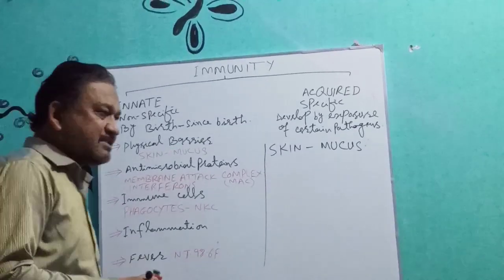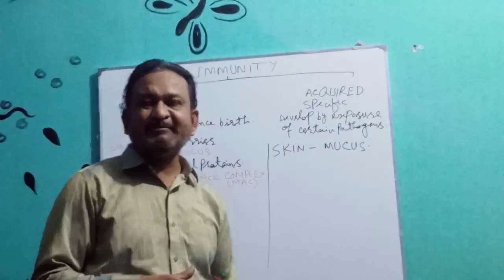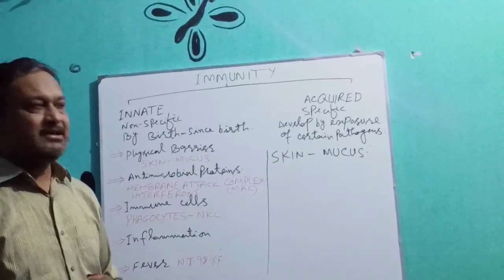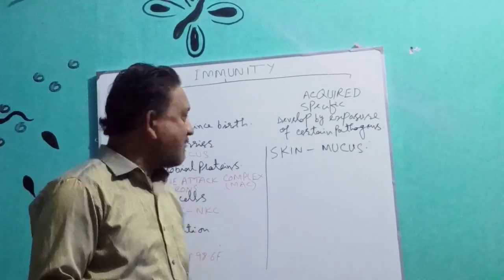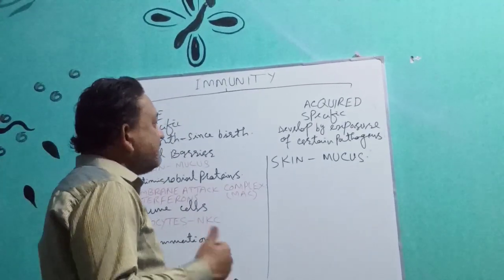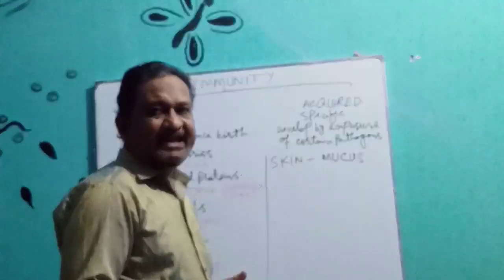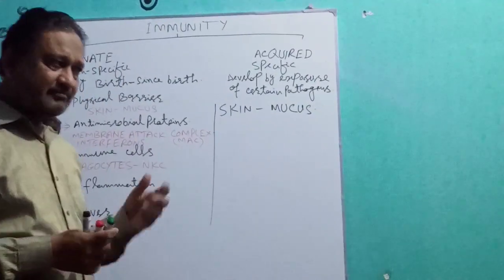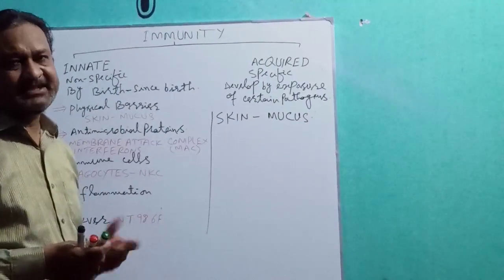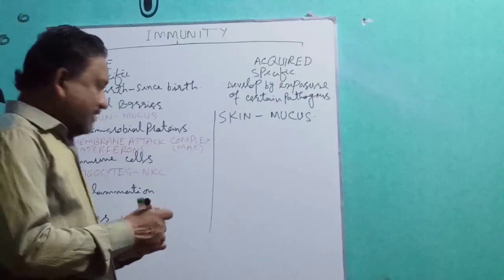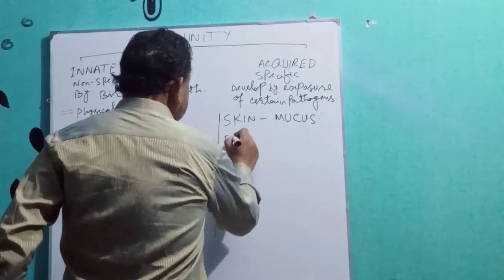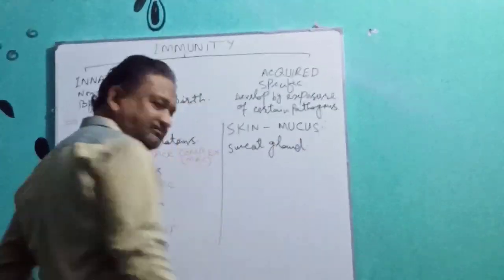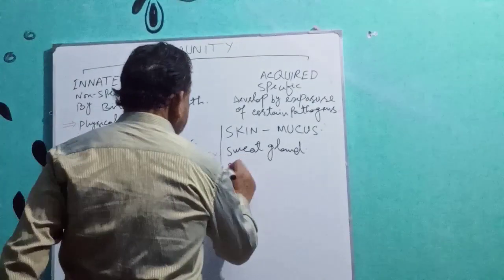Our skin consists of three major layers: the epidermis, the dermis beneath the epidermis, and the third one is the subcutaneous layer. In the skin, various glands are present, like scent glands, mammary glands, sweat glands, and oil glands, which are sebaceous glands. The sweat glands contain the salty